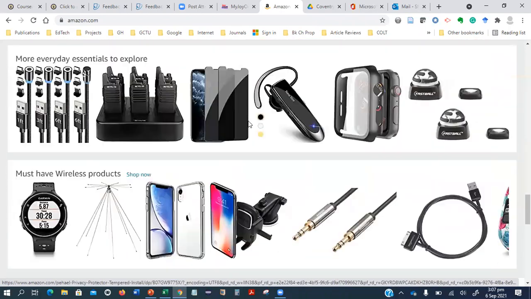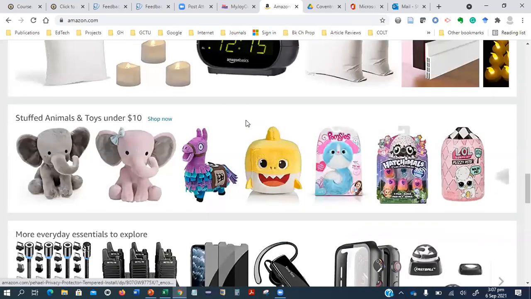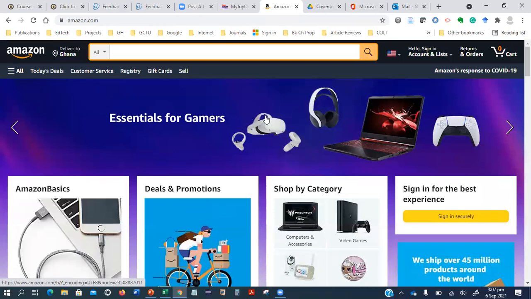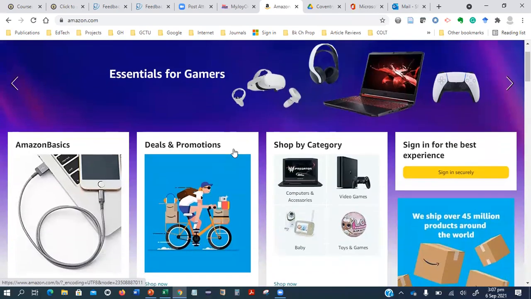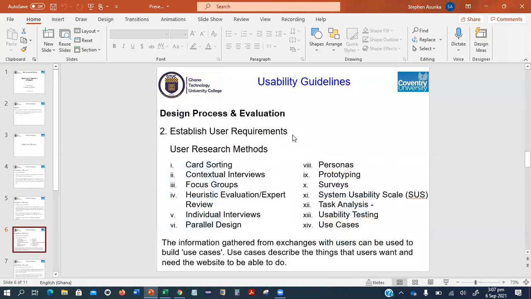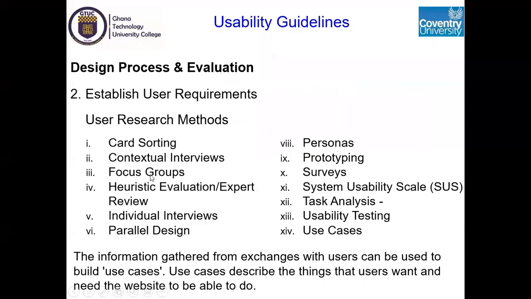So you give them that opportunity to also scan almost everything on your site: the various categories, and then of course the various shelves that you can go to, like deals and promotions and so on. So the way the site will appear is largely dependent on your users and your goals. So to set the goals and get your user requirements, card sorting, for example, has to do with